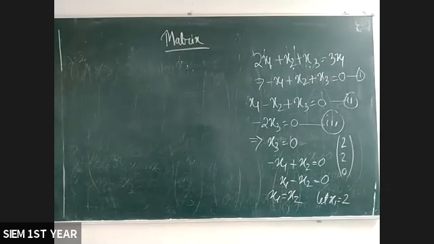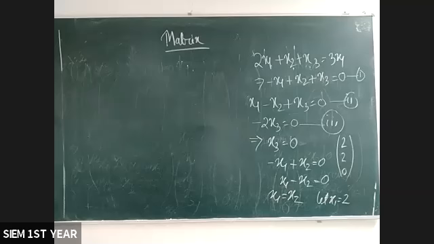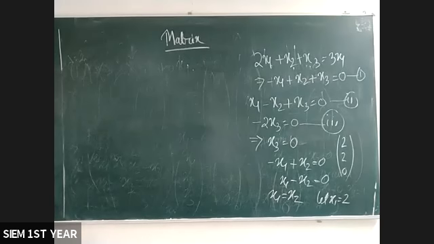So you have to do the whole process. First you have to find the eigenvalue, then you have to find the eigenvector. After that you have to calculate, and if you get 2, 2, 0, then yes, this is the eigenvector. So this is the concept of eigenvalue and eigenvector. I hope it is clear to all of you. If you consider some problems from this question, then it will be much clearer to you.